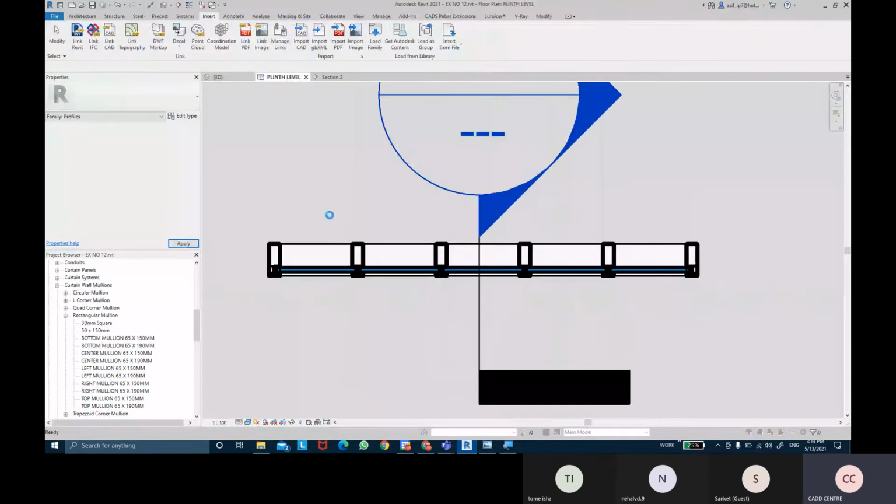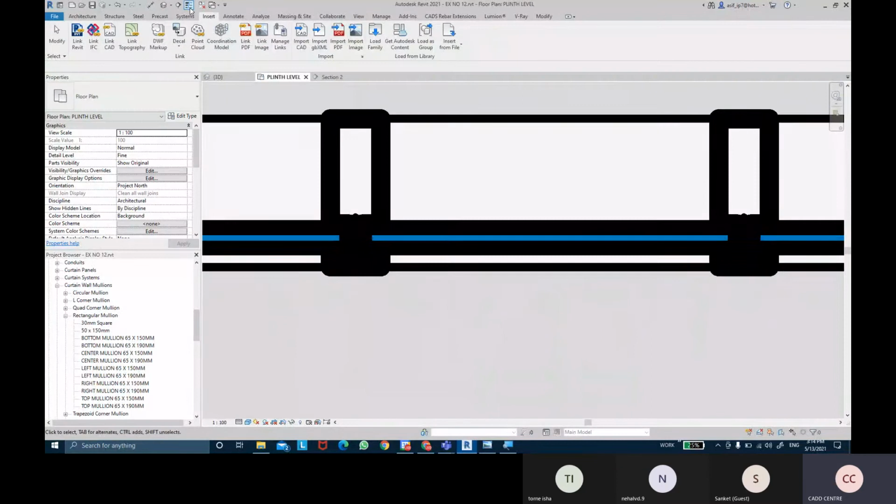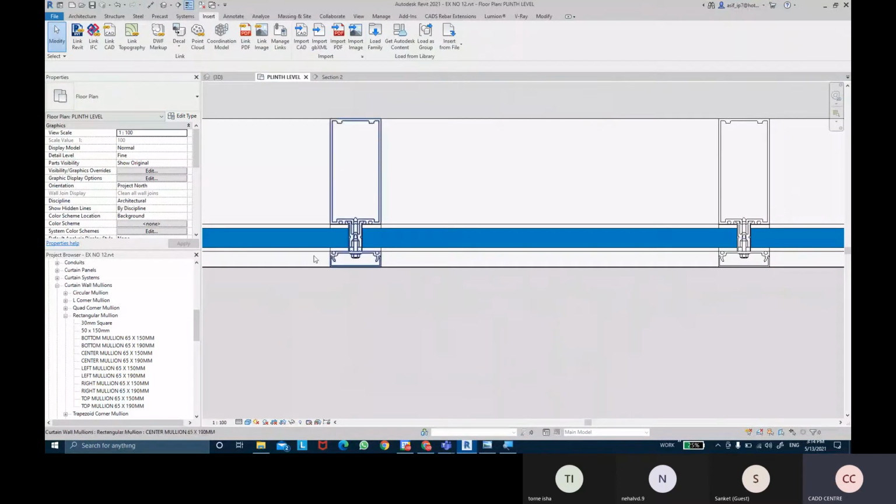Now it's been loaded into the project, but not yet been assigned anywhere. So maybe in the center mullions, I want to use that one. So now I can come into the families options, and in families, I'm gonna look up curtain wall mullions.